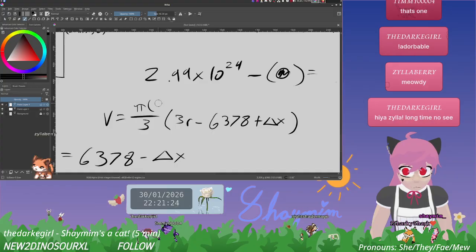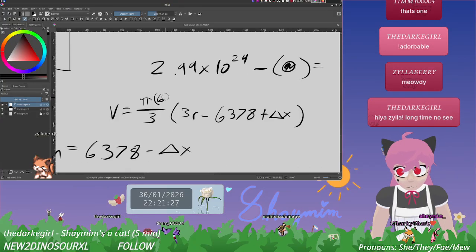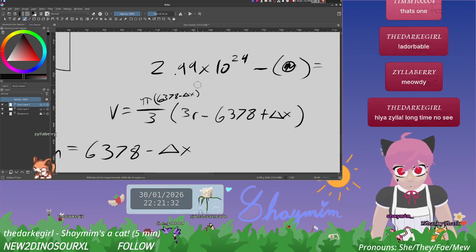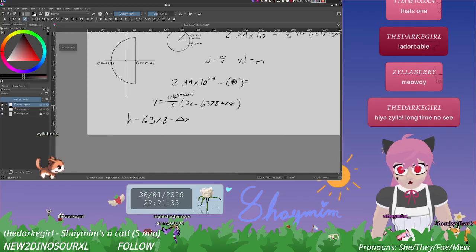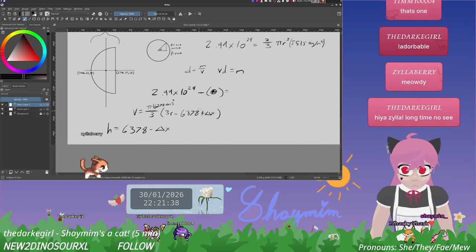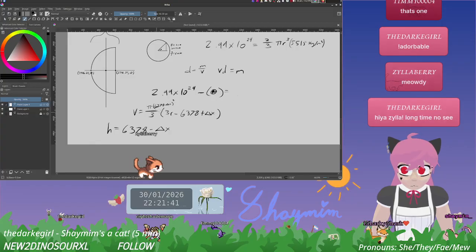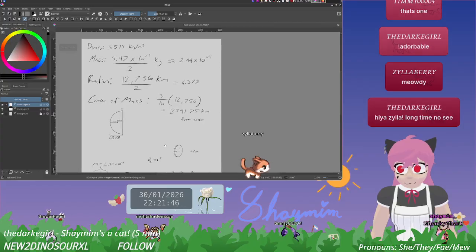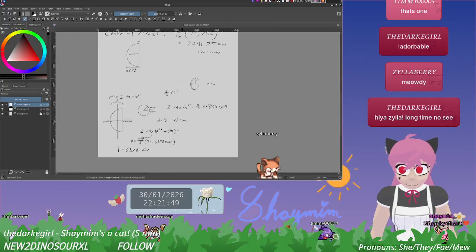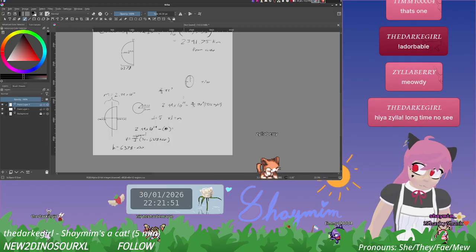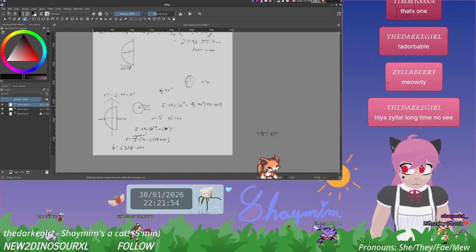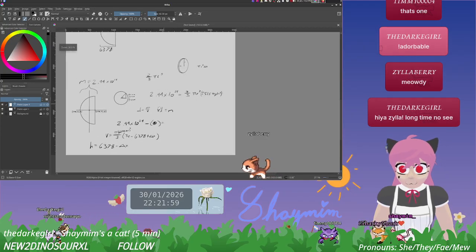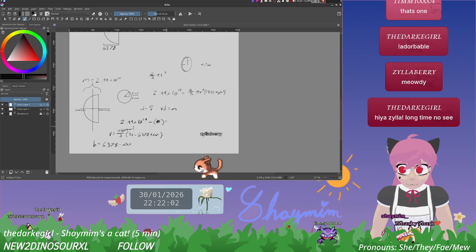H squared would be, I guess we'll just write it like this. Minus delta x squared. Okay. So that's the mass. We actually don't have any unknowns left in there, and we actually don't have any unknowns left anywhere, which is great. So, minus that amount would be,